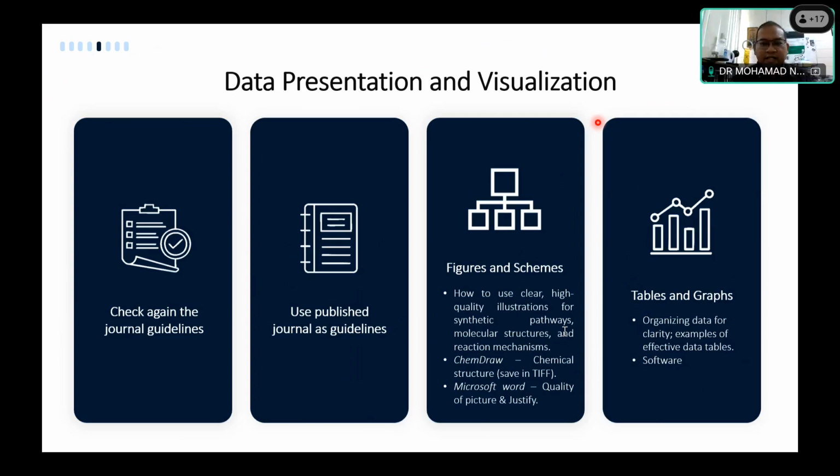So I strongly advise everybody to install GraphPad Prism, not Excel. Okay, so please use that one. Sometimes you are using SPSS, so if you know how to use SPSS, you can use that one.